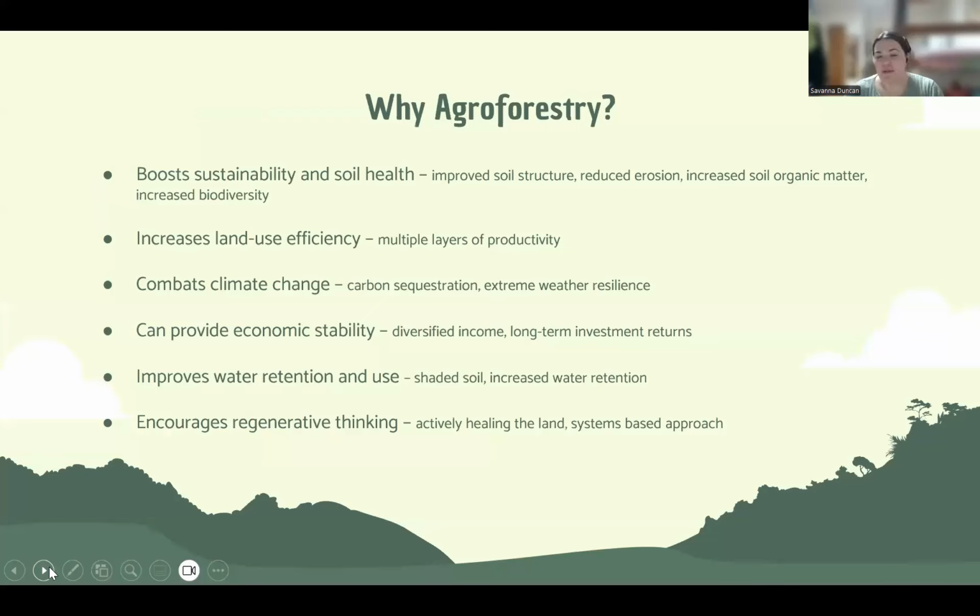So to wrap this up a little bit, I really wanted to drive home: why agroforestry? Why is this important? Why is this something that I personally want to encourage other young farmers and other farmers to do? Primarily, it boosts sustainability and soil health. At the end of the day, that is one of the big takeaways from this production system. It's a perennial system. It improves soil structure. It reduces erosion, increases soil organic matter. It increases biodiversity,